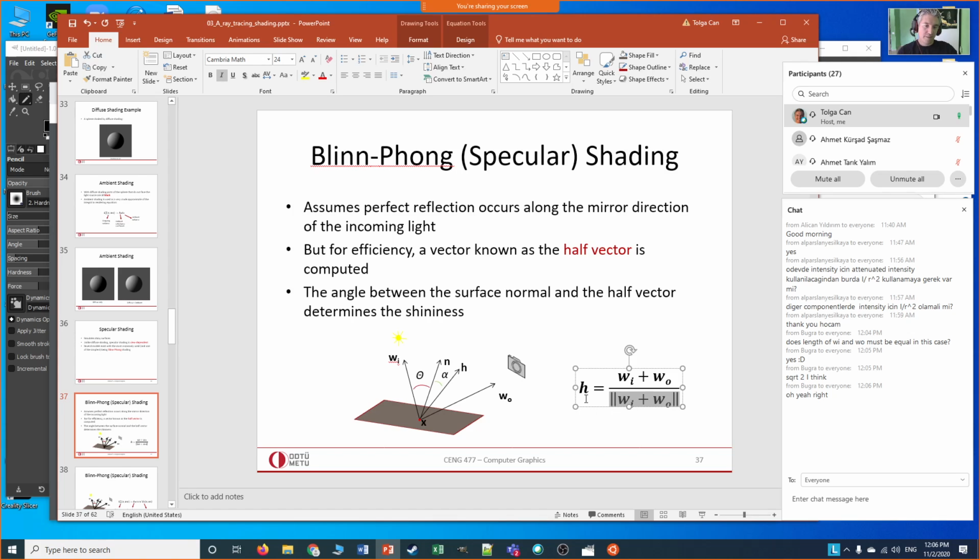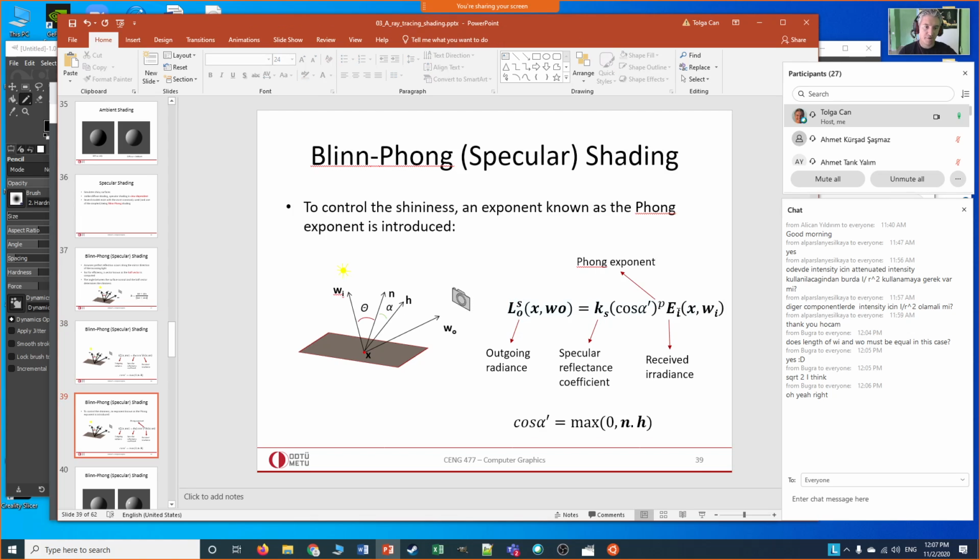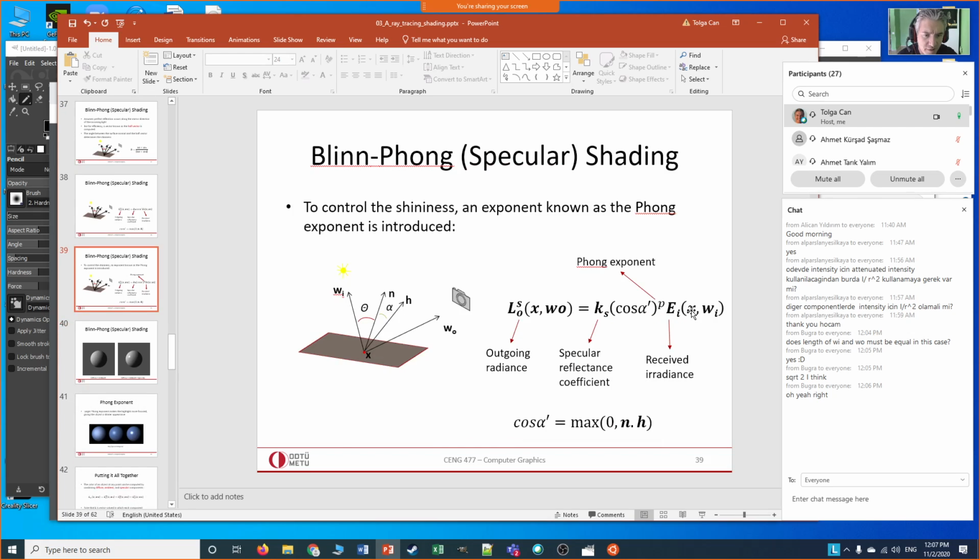All right, so this is the half vector, and after we normalize it, it becomes unit size. We can just dot product it with n to get the cosine alpha between them, and this is how we compute it. It looks very similar, right? So the received irradiance is going to be